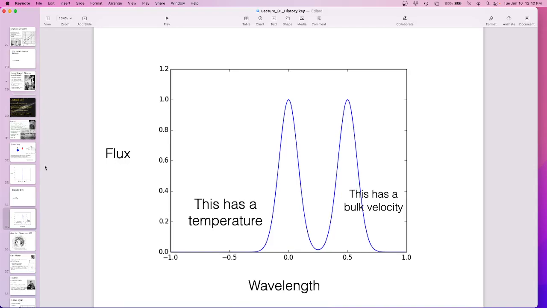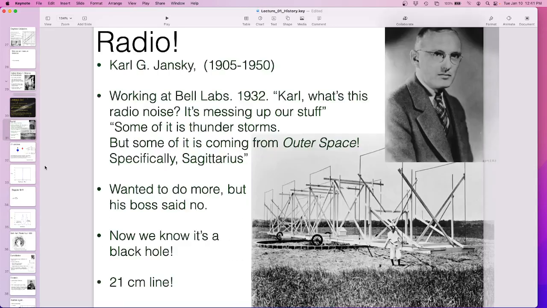Yeah. Could you go over again what the relevance is of the 21 centimeter line to the radio waves, how that works? Yeah, it is a radio wave. So the 21 centimeter line is a radio wave, and that's what we pick up with this big telescope. So this guy measures the 21 centimeter line. That's his job.